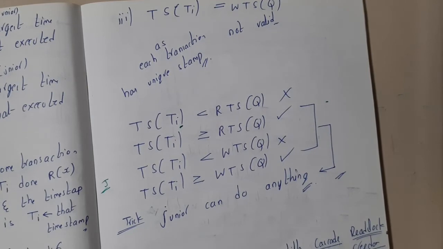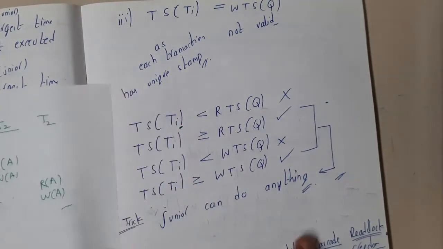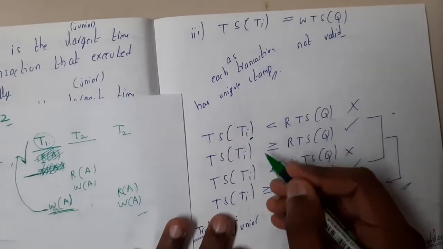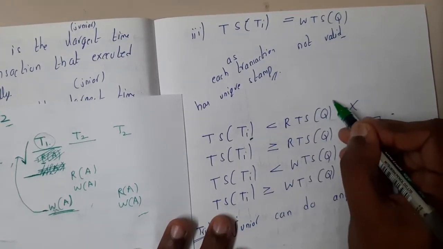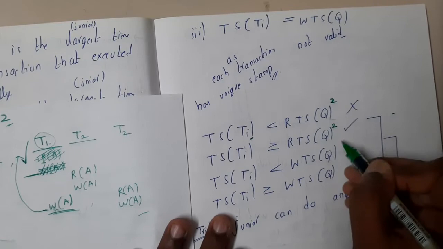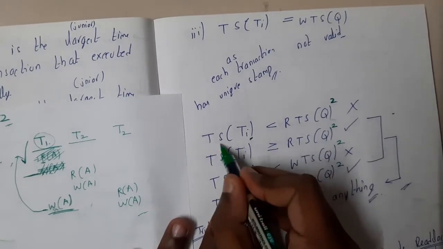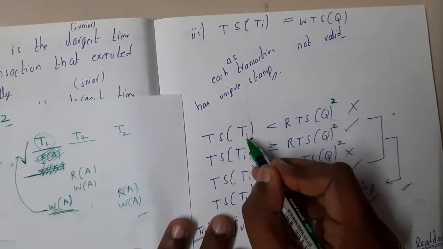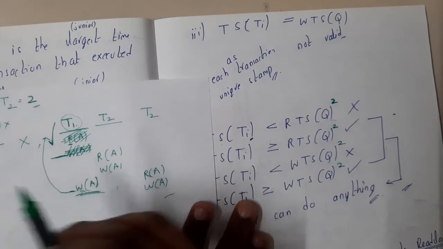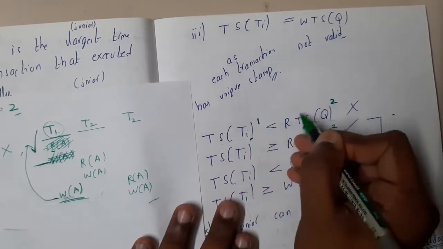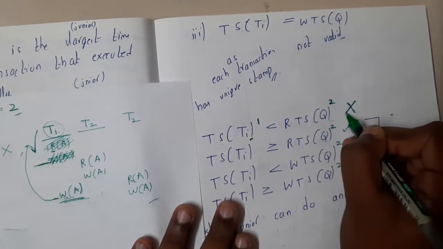If you take this example, guys, you can understand it clearly. If you want me to write an example, I will be writing it here only. Assume that all the write timestamps are 2. Assume that T1 was delayed and he came late, so his timestamp is 1. Will you give him a chance? No, right? That is the reason why this statement is wrong.